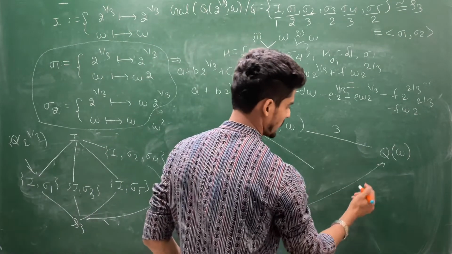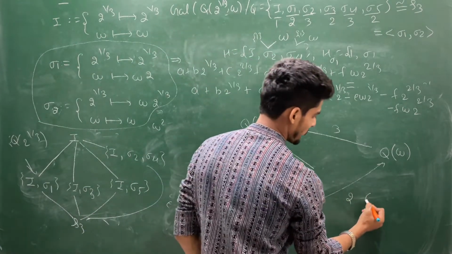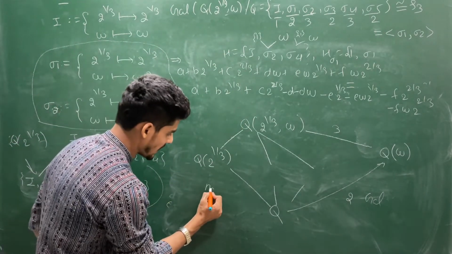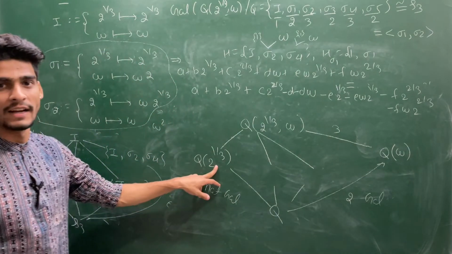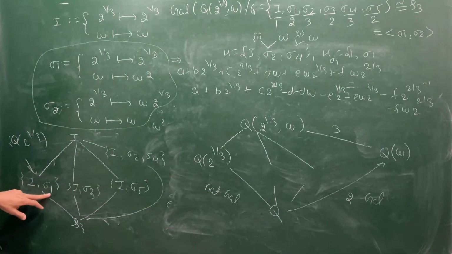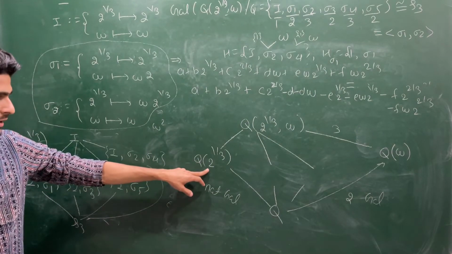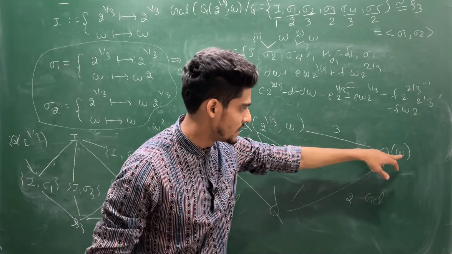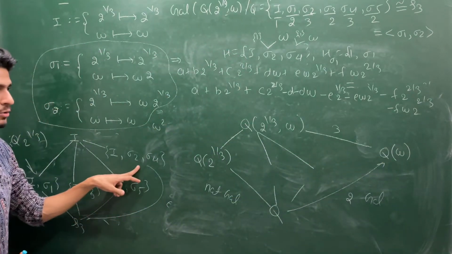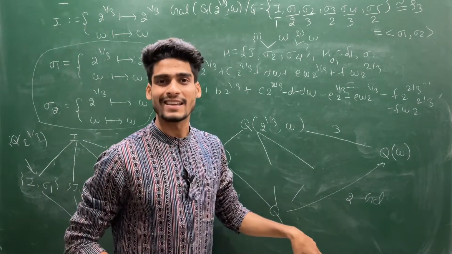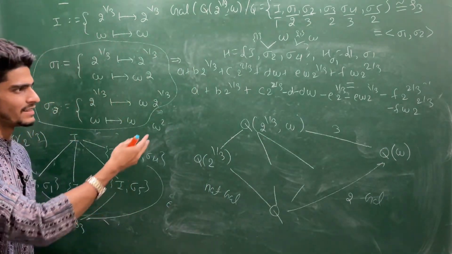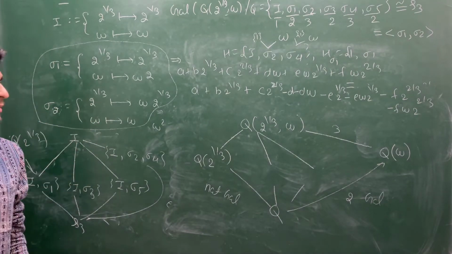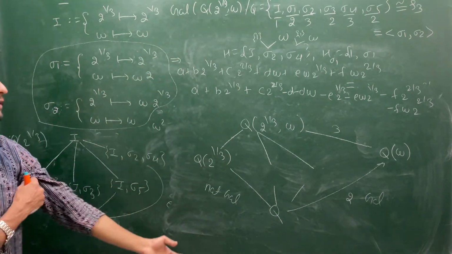See, from Q to Q omega, this is a 2 degree extension, so it will be a Galois extension. From Q to Q adjoin 2 power 1 by 3, this is not Galois. That you can feel, why it is not Galois, because this subgroup is not normal. Whenever your subgroup is not normal, then the extension will not be Galois over the base field. This subgroup has degree 3, it is normal, so its extension is Galois. Basically, this is the fundamental theorem of Galois theory that I am giving you through this example. So that is why this example is very important.